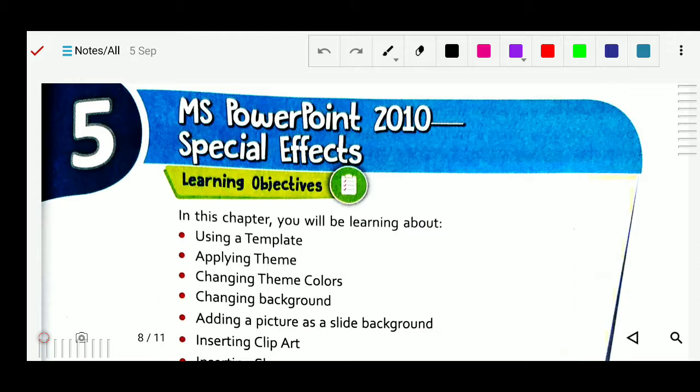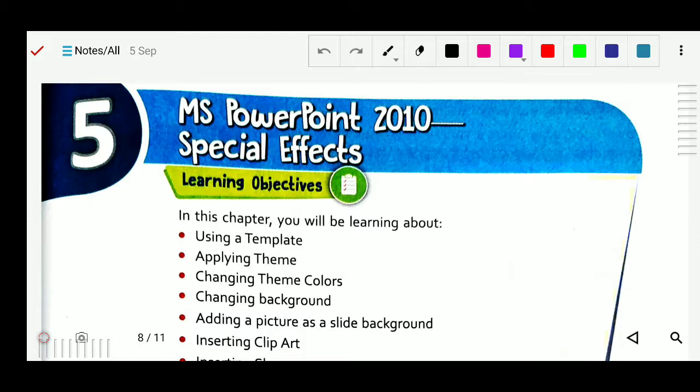So why do we use MS PowerPoint? To display and present our views and ideas through an electronic presentation. This is possible with the help of MS PowerPoint, and it is a product of Microsoft.